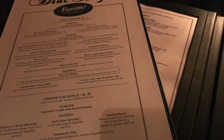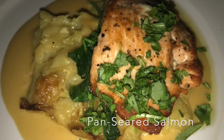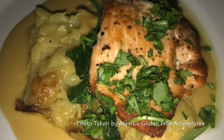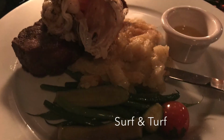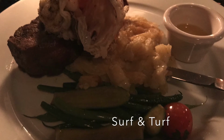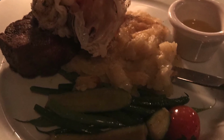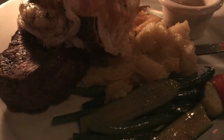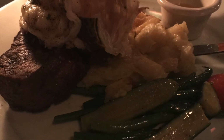For entrees, enjoy a variety of dishes like herb-crusted rack of lamb, pan-seared salmon, which my friend Alexis from Alexis's Gluten-Free Adventures got to enjoy, portobello mushroom and Louisiana popcorn rice, or the Serpenteur. Now, most dishes will need to be modified to be dairy-free, but each of these dishes is listed as gluten-free on the allergy-friendly menu. We enjoyed the Serpenteur on our recent visit, served with a petite lobster tail, broiled